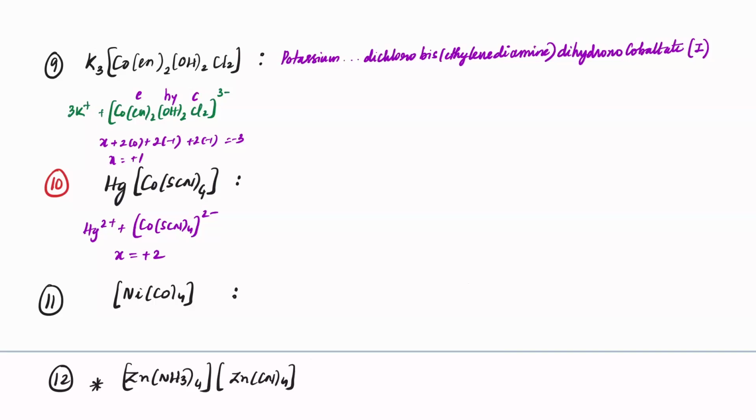Okay. So then, notice that we have mercury. We write this as mercury only. Then mention the oxidation state 2. Then we will leave some space. After that, there are 4 SCN. So it is